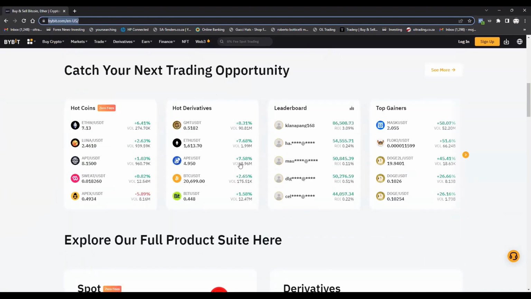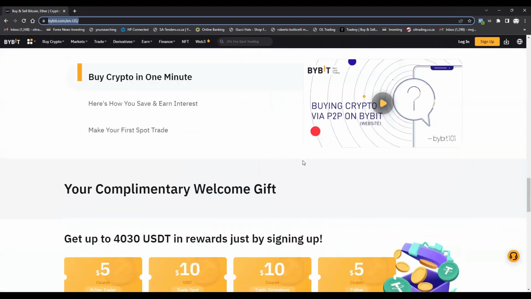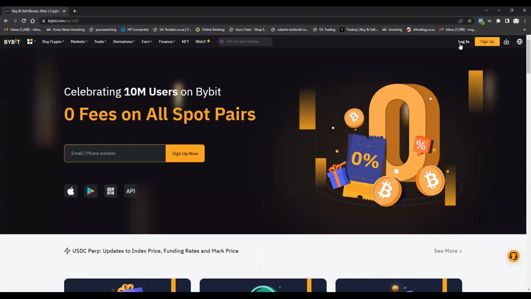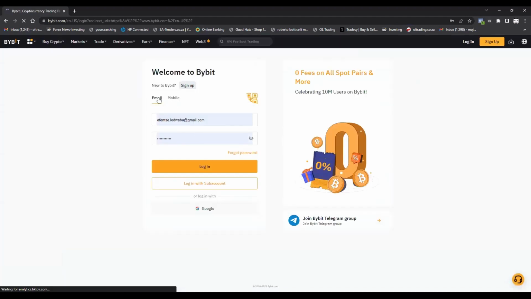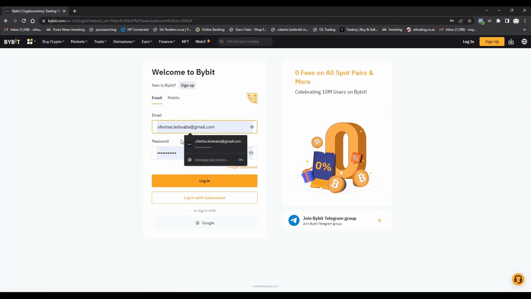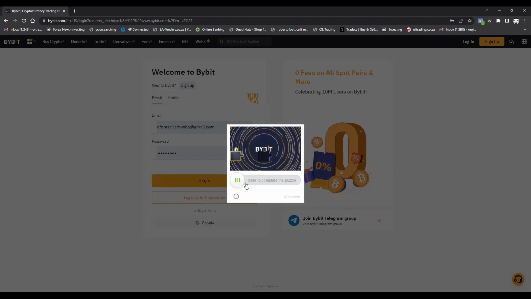As you can see, this is the correct and authentic Bybit account. So log in. By you logging in, you are making sure that you're looking into the right account. Make sure you have the correct email address and you have your password as well. And now we'll be logging into the platform. As you can see, it's verifying, and all you have to do is slide this to make sure it verifies